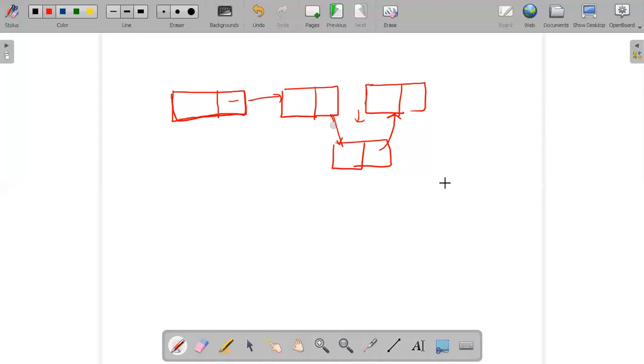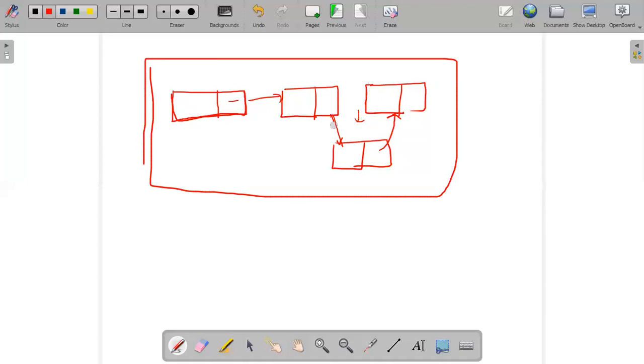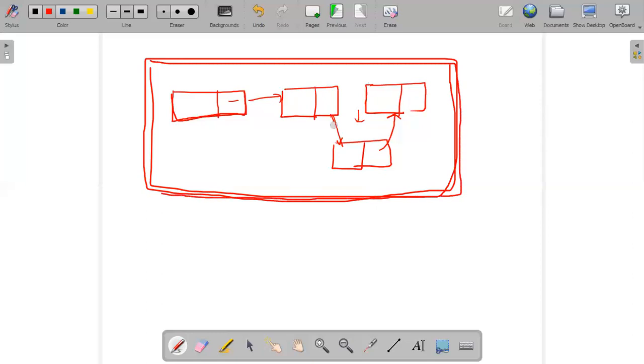The next question arises: when you are implementing a linked list in Java, and you are abstracting your data structure and encapsulating it, try to focus on my words.